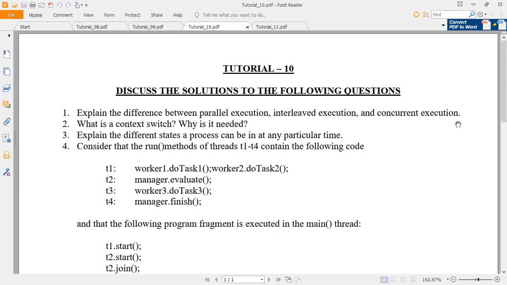After some time, the currently executing task may be saved or kept pending for some time, and it may pick up another task. This way of switching the tasks, performing the execution for some time and switching back and forth, is called context switching. That is what the second question is: what is context switching and why is it needed? Basically, context switching is needed to achieve